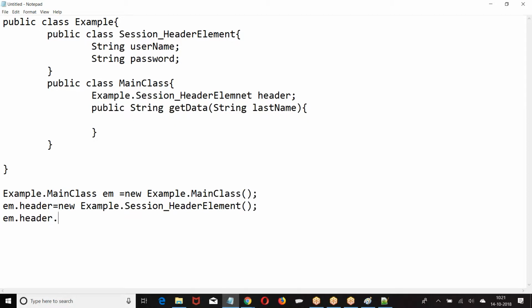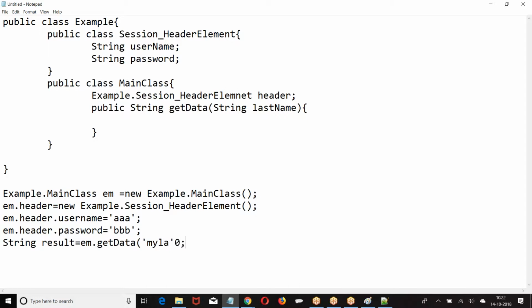Em dot header dot username. Then what are you supposed to call? Em dot get data. This is how we invoke. Right.